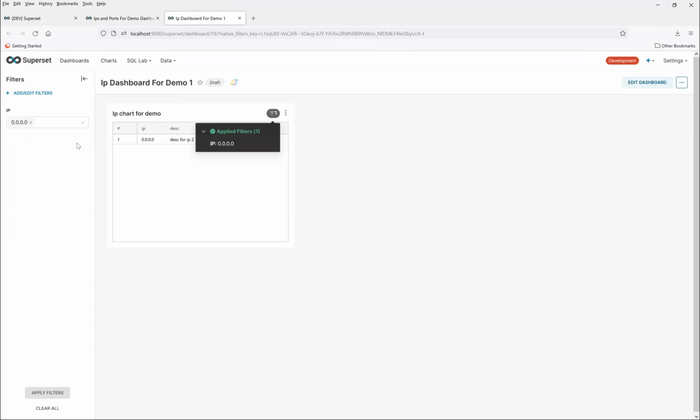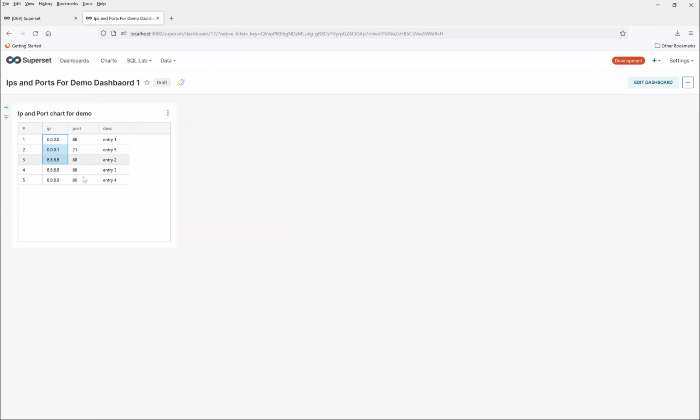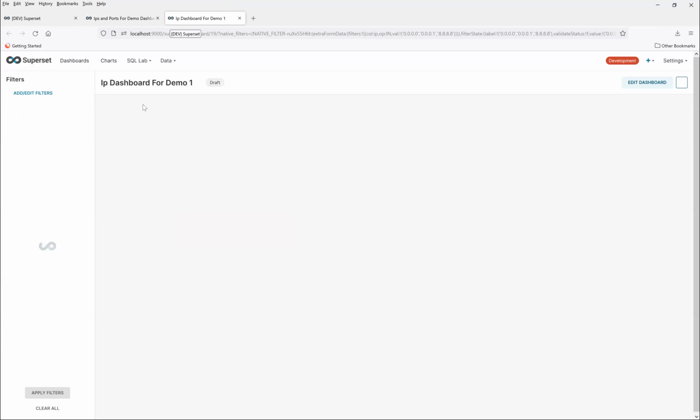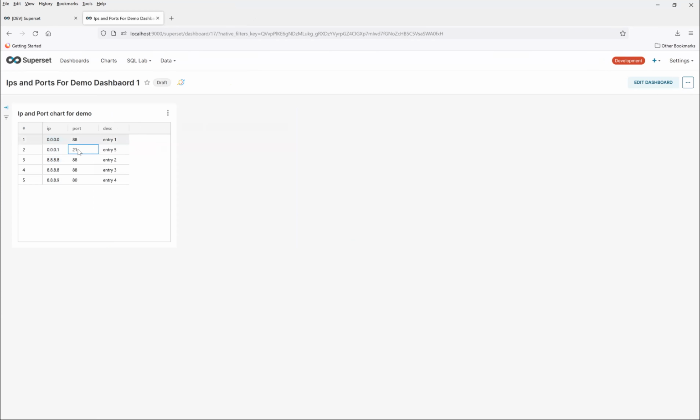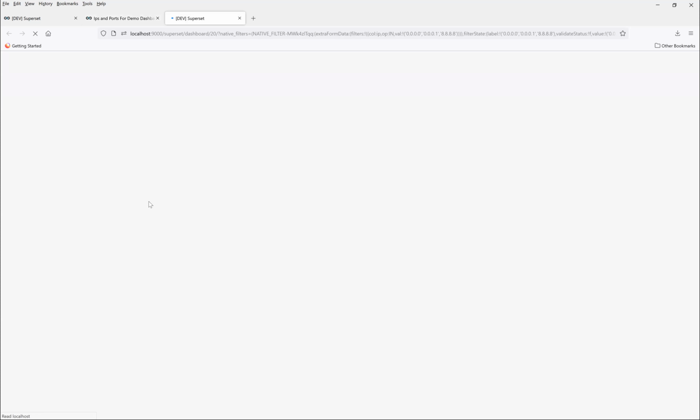If we go back, we can actually do this with multiple pieces of data. Sorry, loading. And there you go. It's a different dataset, so it didn't have all of them, but you can see what we have. Another thing we can do is if you select lots of things, it's only going to give you a valid option. So if we click one with only an IP, it's only going to filter on the IP. And if we do IPs and ports here,